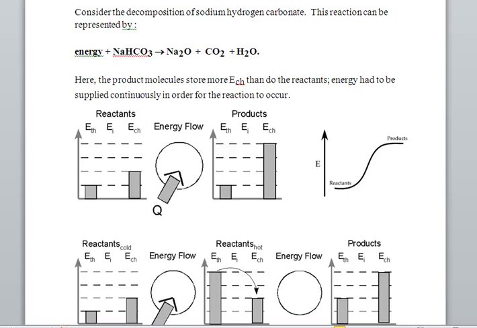Hey Chem students, if you're watching or listening to this or both, you're ready for Learning Goal 3.18, which deals with energy in reactions. And you should have already read and answered some questions about endothermic and exothermic reactions. What I'm going to do really quick is run through how we can take actual chemical equation reactions